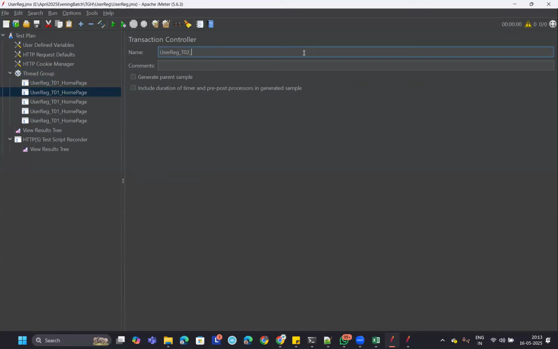What is the second transaction? Once you go to the home page, click on sign in. For click, you can give CLK or CLICK. It's up to you. Okay. Now the third transaction would be,